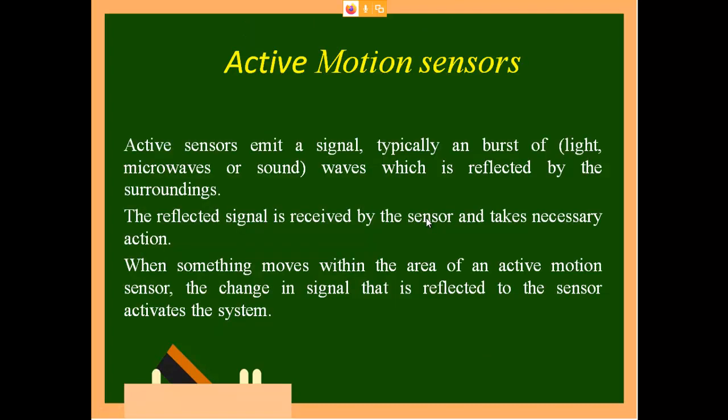Okay, so next let us move on to the active motion sensor. What we have seen is passive. Now in an active motion sensor, I will emit rays, and those rays will go and get reflected. Based upon the reflected wave, I will try to read. Whatever I send, if there is any object, the object will absorb it, otherwise the entire signal will get reflected back.